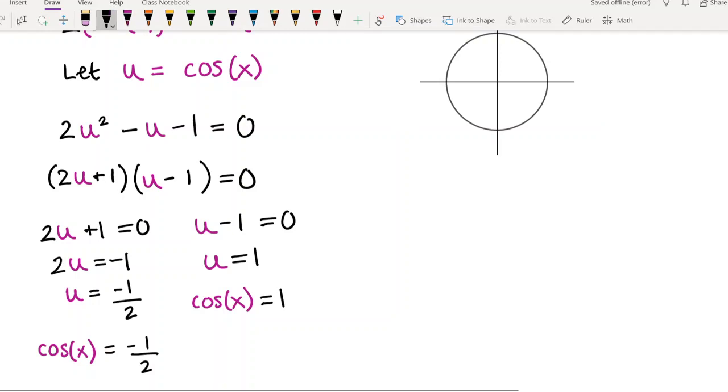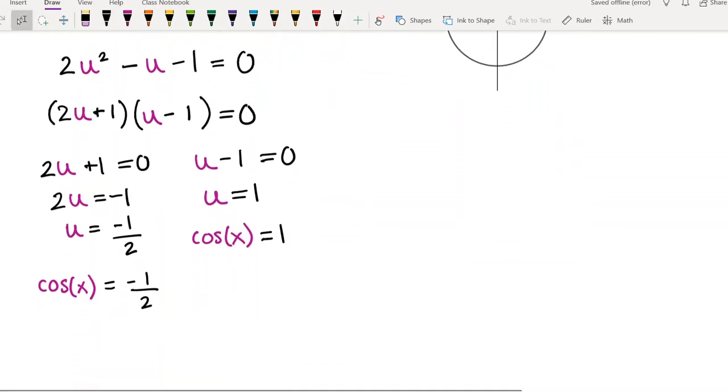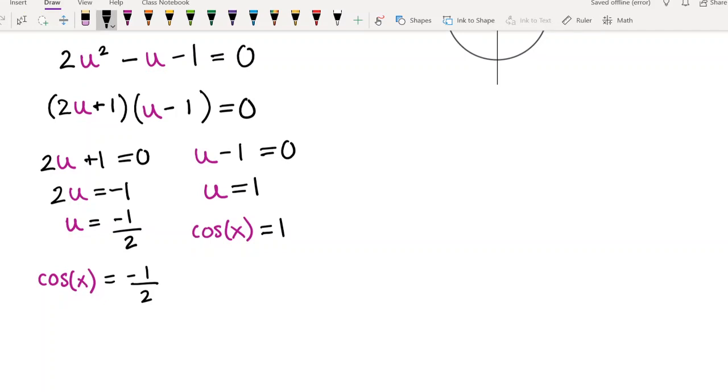So again, if you don't like this u business, if it confuses you, then you don't need to do it. The whole point, though, is that we're basically taking our original equation and factoring it as a quadratic. The reason we did the u thing was because it makes it easier to see what that quadratic is. And then we carried that through all the way with solving, but then we have to go back to our original,